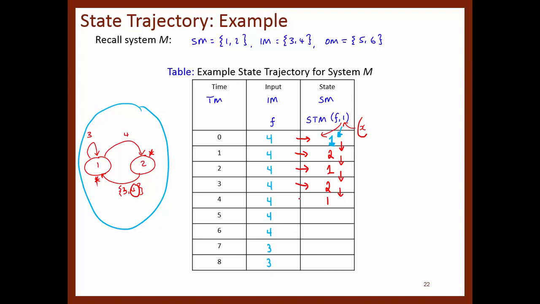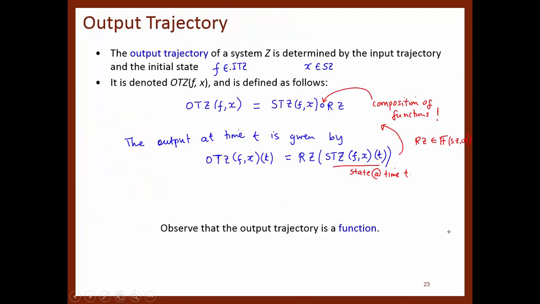If you're in 1 and you receive a type 4, then you go to 2 again. If you're in 2 and you receive an input of 4, then you go back to 1. If you're in 1 and you receive an input of 4, then you go back to 2. If you're in 2 and you receive an input of 3, then you go back to 1. And if you're in